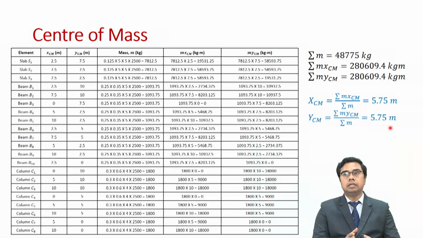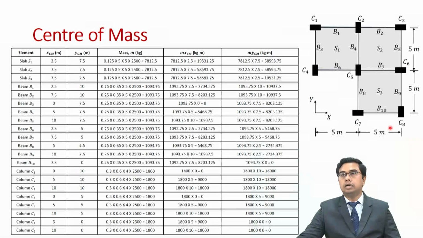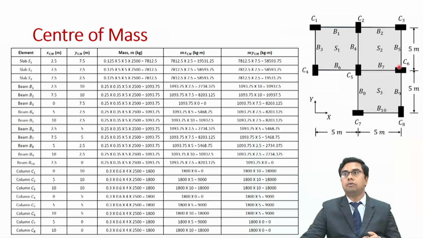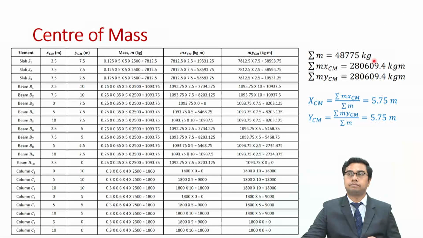It is evident that though the building is not symmetric, the presence of 4 columns oriented along one direction and the presence of 4 columns oriented along the other direction makes sure that the center of mass is located at the same distance along x and along y. So, the center of mass is located somewhere over here and has the coordinate as 5.75 meters in x as well as 5.75 meters in y. Once we have the center of mass,